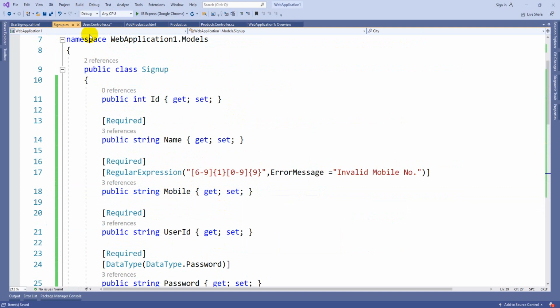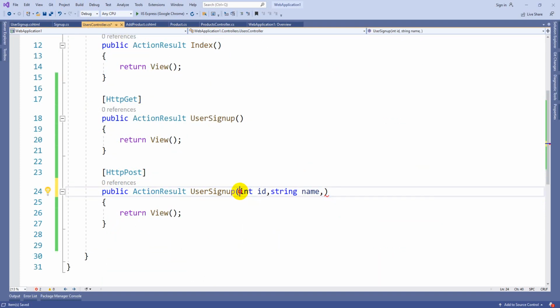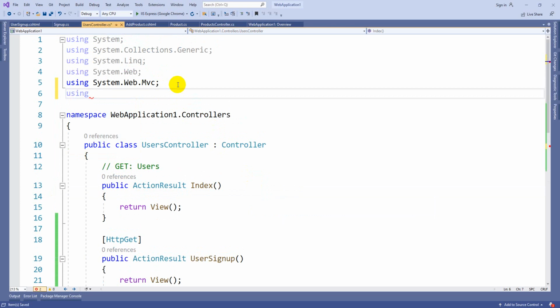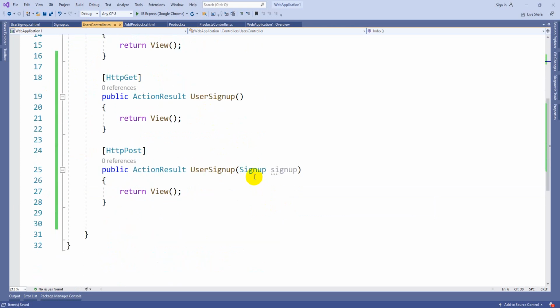It is not a good way of writing the code, writing all the attributes like this. That is the reason what we will do: these properties are all there inside the model, right? So you are going to directly take the class SignUp, or whatever model you use to submit the data. But sorry guys, the SignUp was not recognized because this class is under the models folder. That is the reason you have to import using the current project name. My project name is WebApplication1.Models. Then you can see this particular SignUp was recognized.